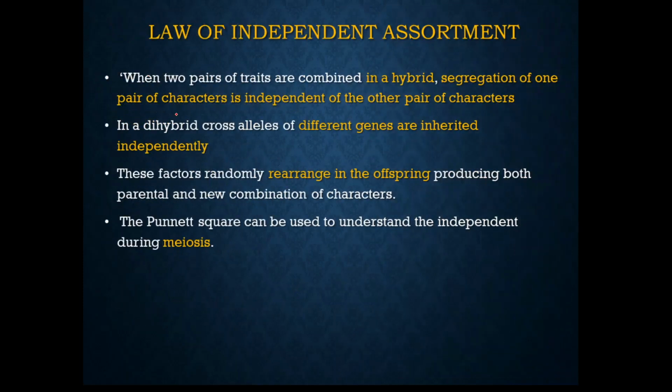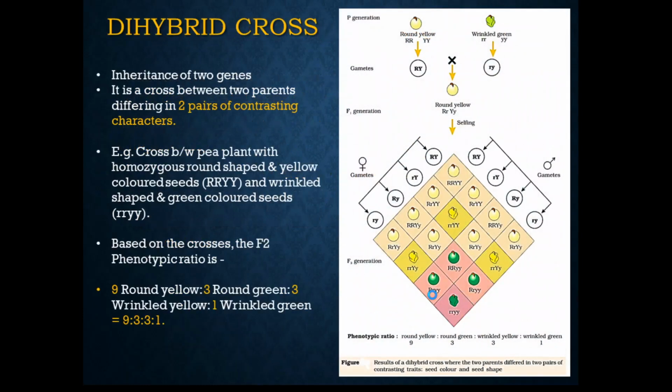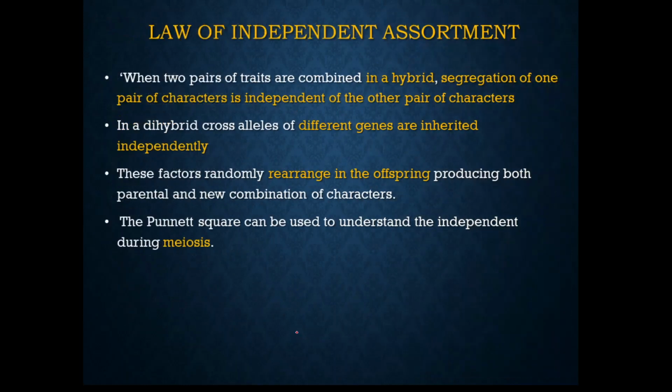And if you have seen clearly, this cross is very interesting. In this cross, we see that there is round and green, but in the parental trait the round and green were not together. These two characters were not together here. It was round and yellow, and wrinkled and green, but here in the F2 generation we see round and green together, and wrinkled and yellow together. So this new set of combinations is formed here, and this tells something about segregation.